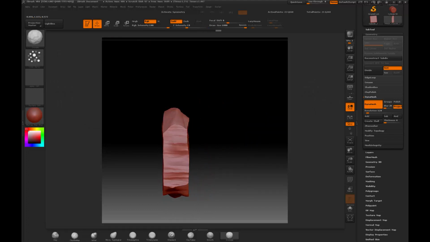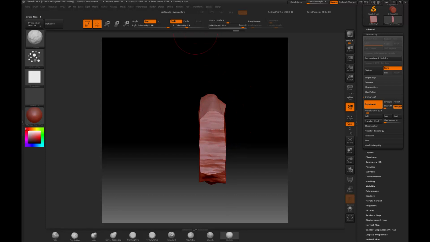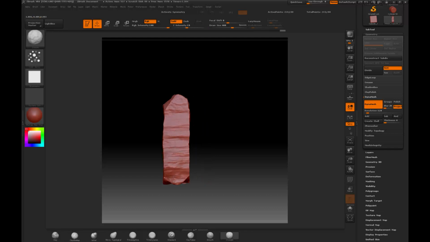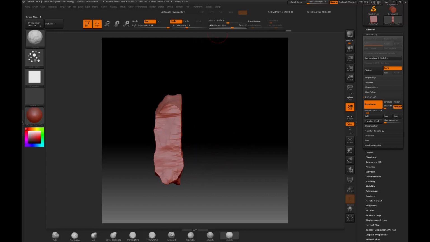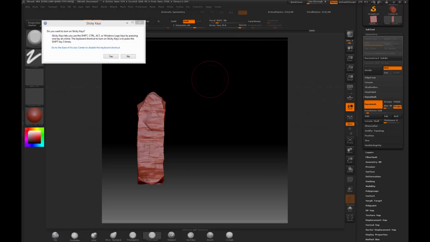So here I'm using the Crumple brush with a scatter alpha and just nudging around, re-Dynameshing it, and just kind of keep trying to break up the shape. I like it with a square alpha. It just looks more natural. As you can see here, it's already starting to look a little bit like bark, but it's a more complicated texture in general because it has a lot of smooth and chunky bits,